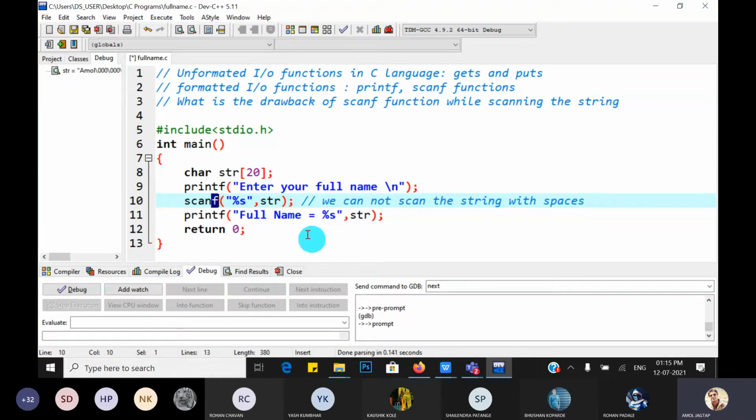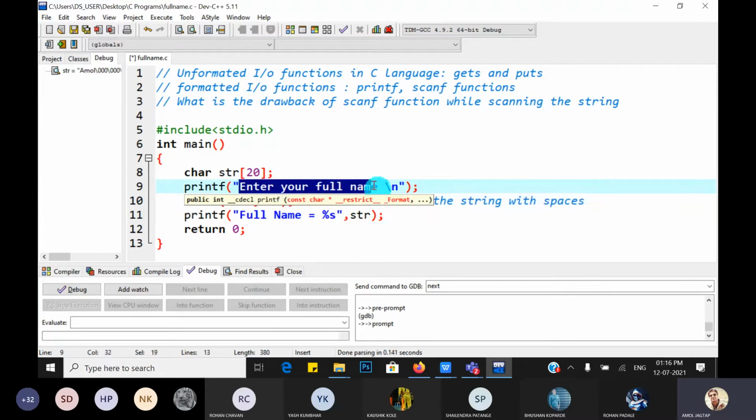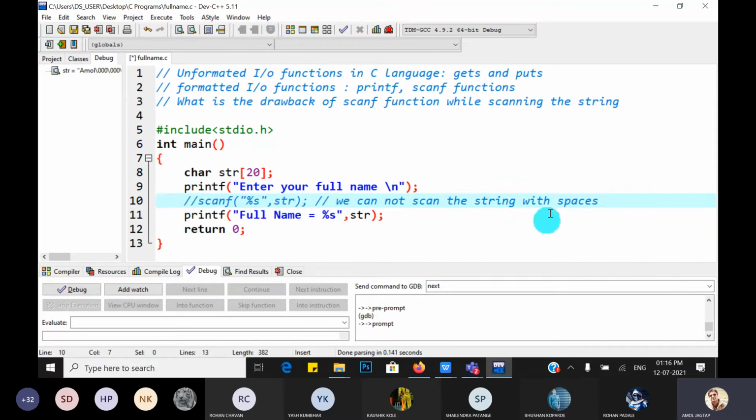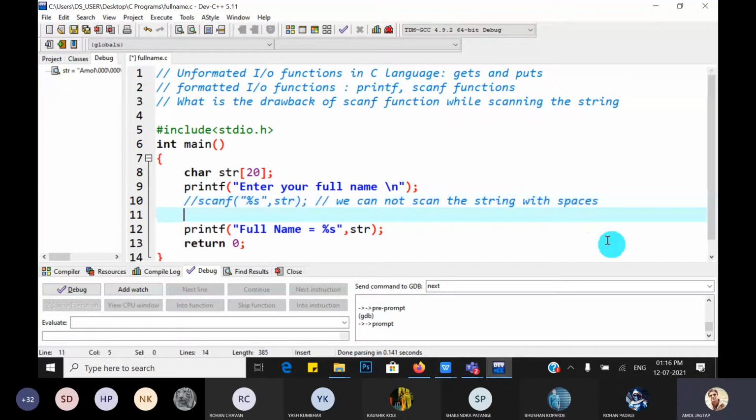How to overcome this problem? This is the problem. But what do we require? We want to print the full name on the console. But it is a drawback of the scanf function. So instead of the scanf function, there is another function called gets, which is an unformatted IO function.